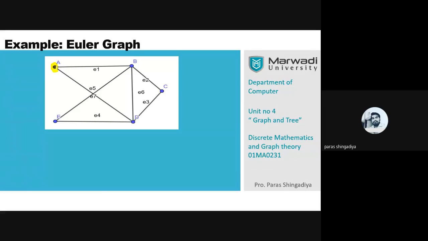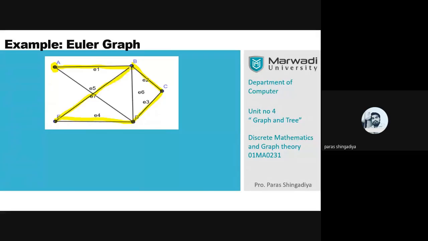You have to create such a closed walk in which you include all the vertices and all the edges exactly one time, and again reach back to your starting place. So let's start with A, E1, B. I use this edge. Then after that E2, C. Then E3, D. Then let us move on with E4, sequentially. And then at E, I use the E7 edge and reach back to B.